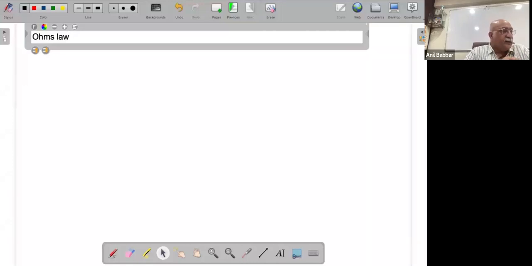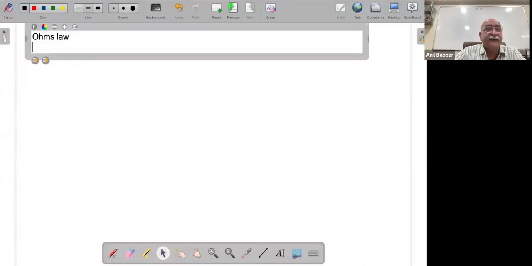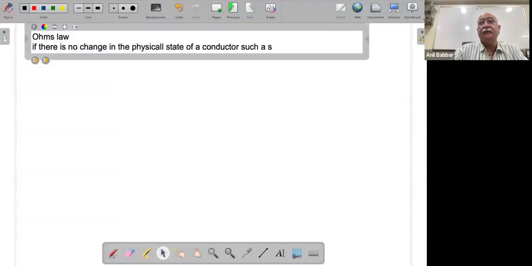So according to this, if we keep the temperature constant and other physical quantities of the conductor constant, then Ohm's law states that if there is no change in the physical state of a conductor, such as temperature,